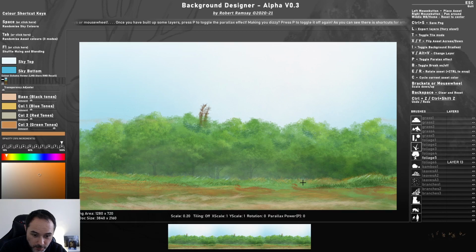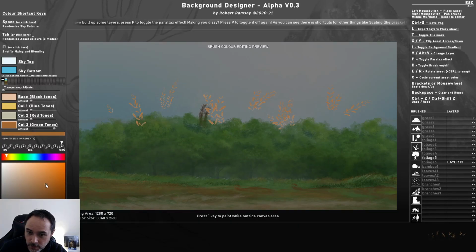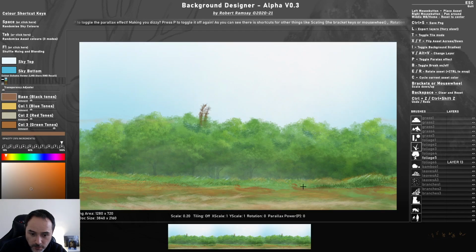And not as light as that, but I want to make them be seen. Yeah, that's more like it. See, adding all this little detail just makes it come together